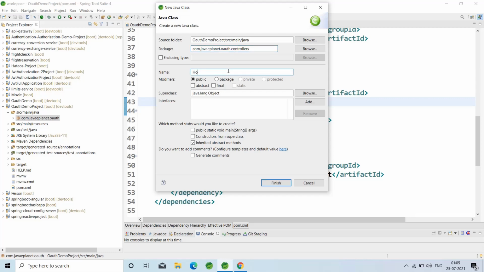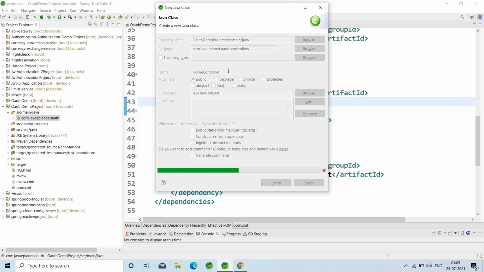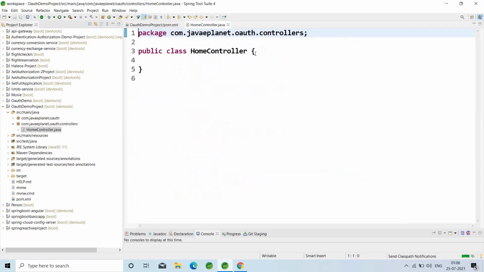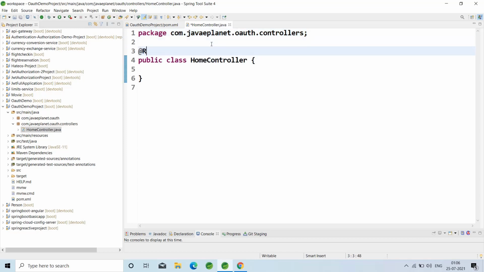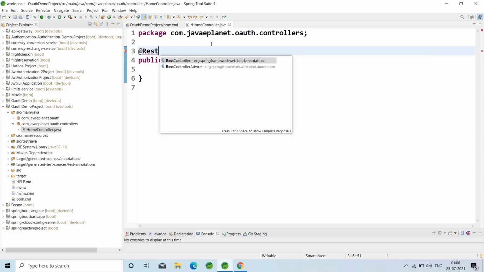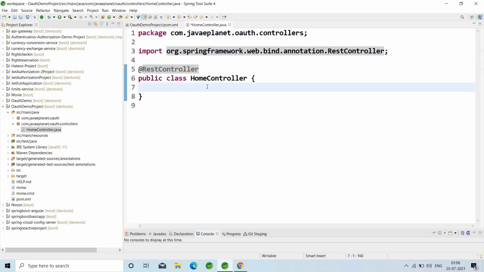Create the HomeController. Annotate it with @RestController.